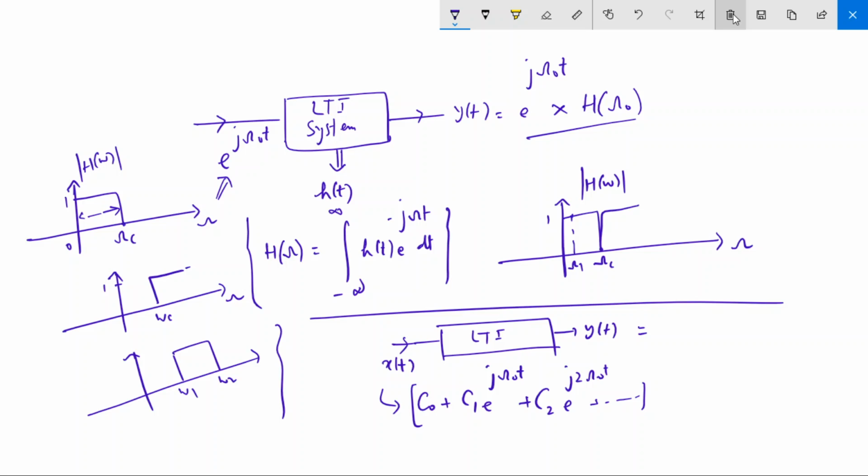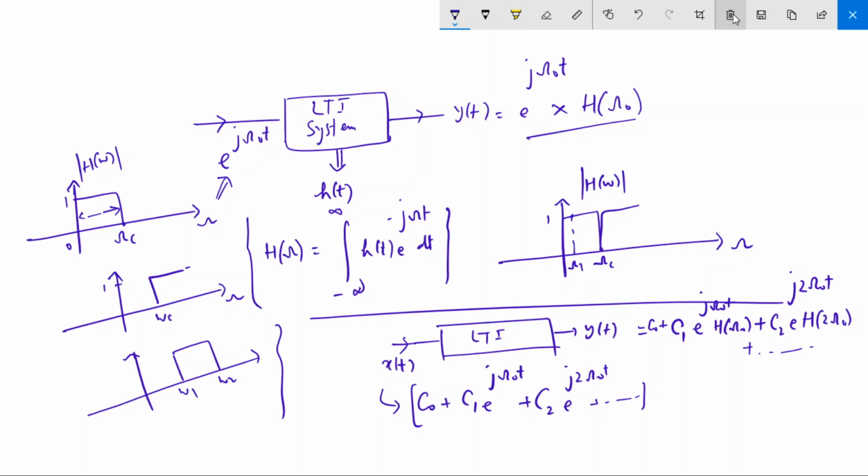It will be simply constant C0 plus C1. When e raised to power j omega naught t is the input, the output is e raised to power j omega naught t multiplied with H of omega naught. When C2 e raised to power j 2 omega naught t is the input, the output is multiplied with H of 2 omega naught, and so on,